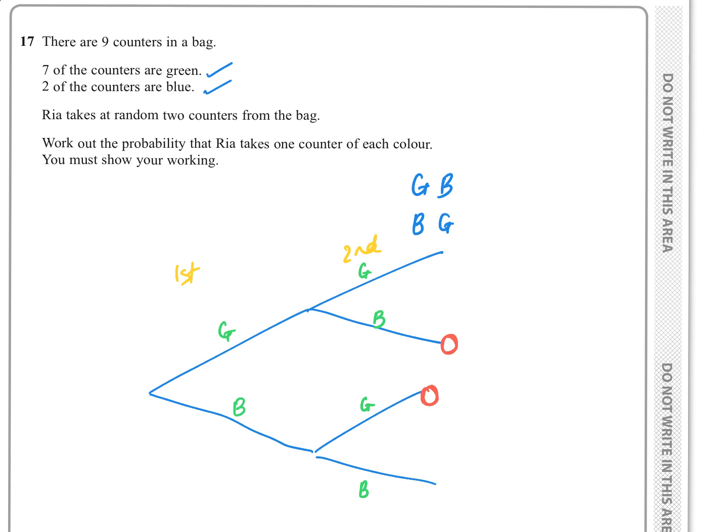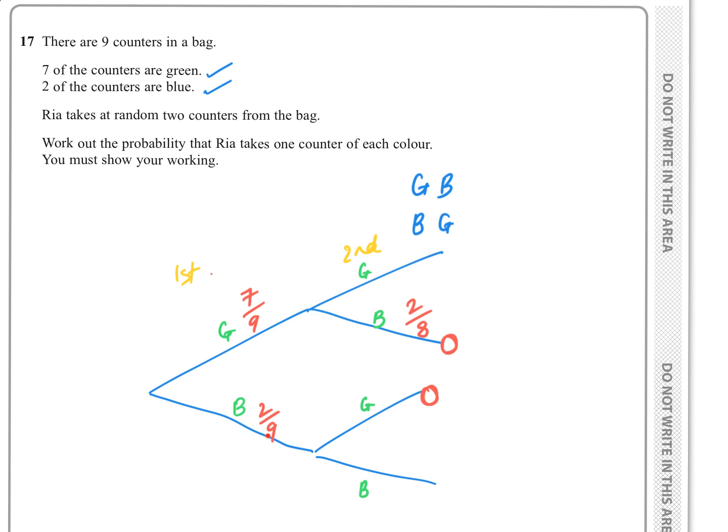So the probability for the first choice of picking a green, well, that would be 7 in 9. So the probability of picking a blue would be 2 in 9. Now, as the counters are not replaced, our second time for a blue, I'm not going to do the green, our second time for the blue, well, there would still be 2 counters that were blue in there, but it would be out of 8 this time. And if we'd chosen the blue first,